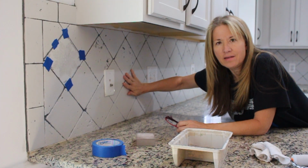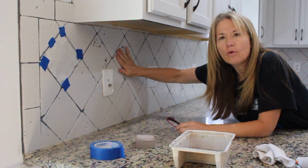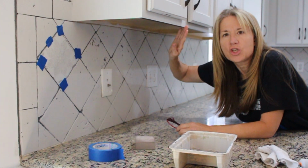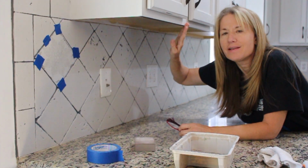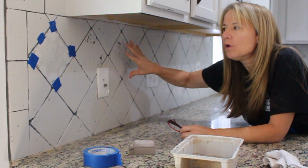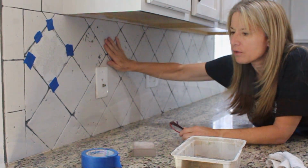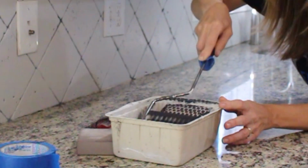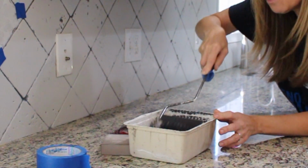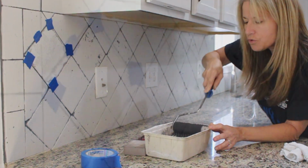I lightly sanded. I wanted the tile to be just a shade darker than the cabinet, so I added a little bit of leftover gray paint I had to the cabinet enamel to kind of give it just a little bit of an off-white appearance. So you just want to roll it and make sure that you don't put too much paint on, especially with the very first